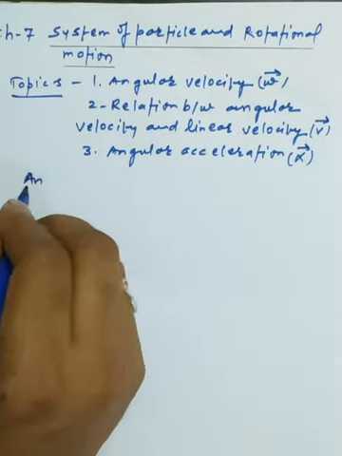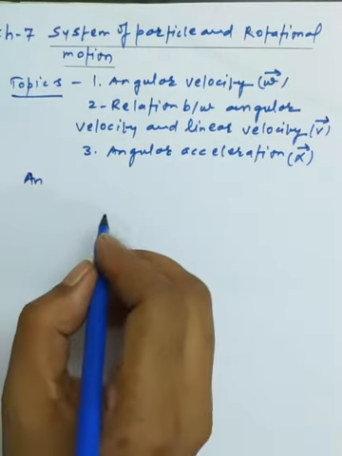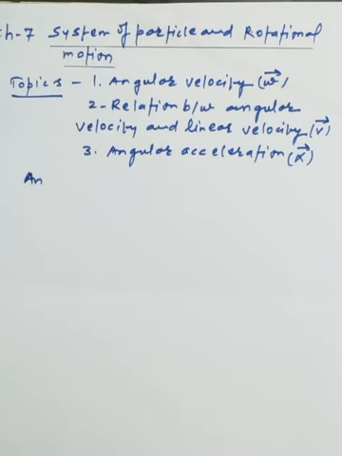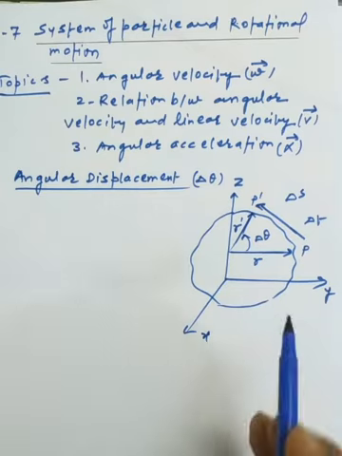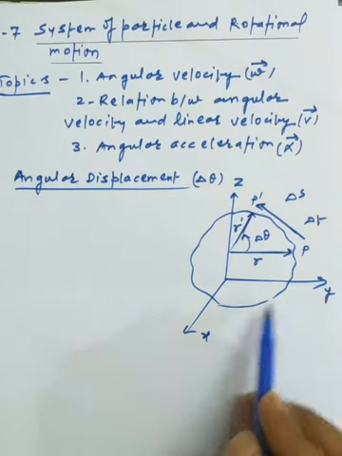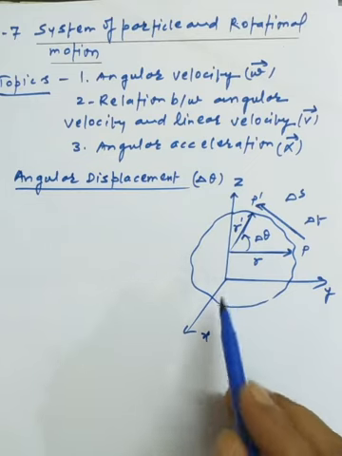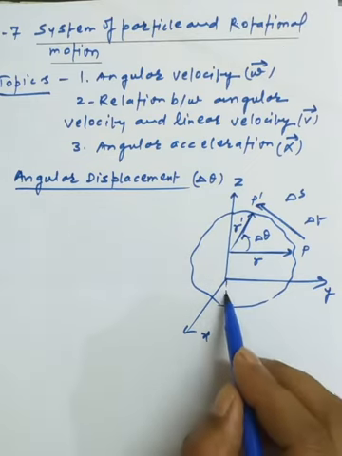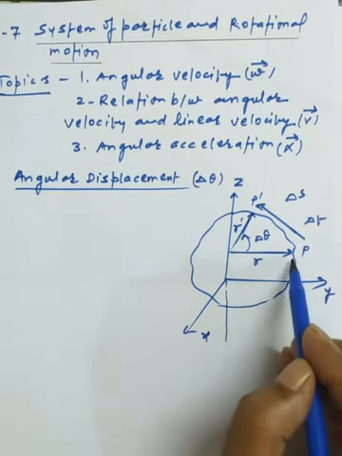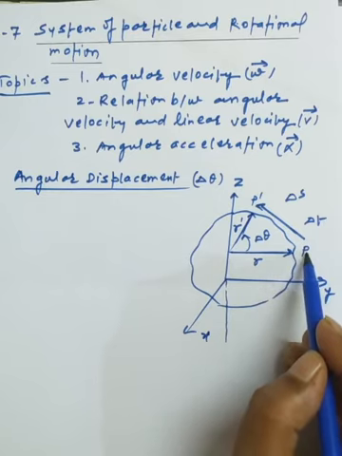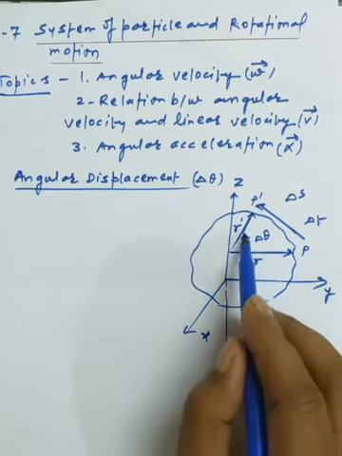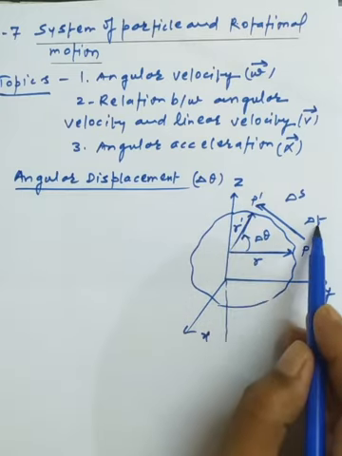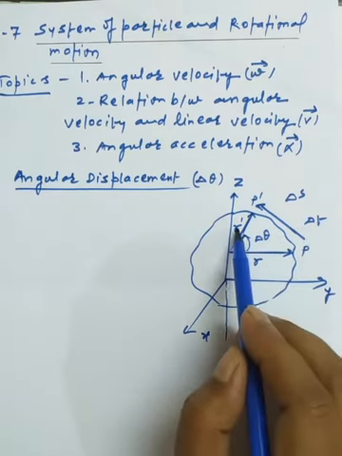So you can relate yourself a little bit with the concept: quantities applicable in rotational motion. Now we want to discuss the concept of angular displacement, called delta theta. For it, I am imagining a body lying in the xy plane, and the body is rotating about the z axis. Here we have the radius vector, and this is the point p. The radius vector revolves as the body rotates, so it reaches the point p dash in a given interval of time, delta t. So the radius vector r dash is there.